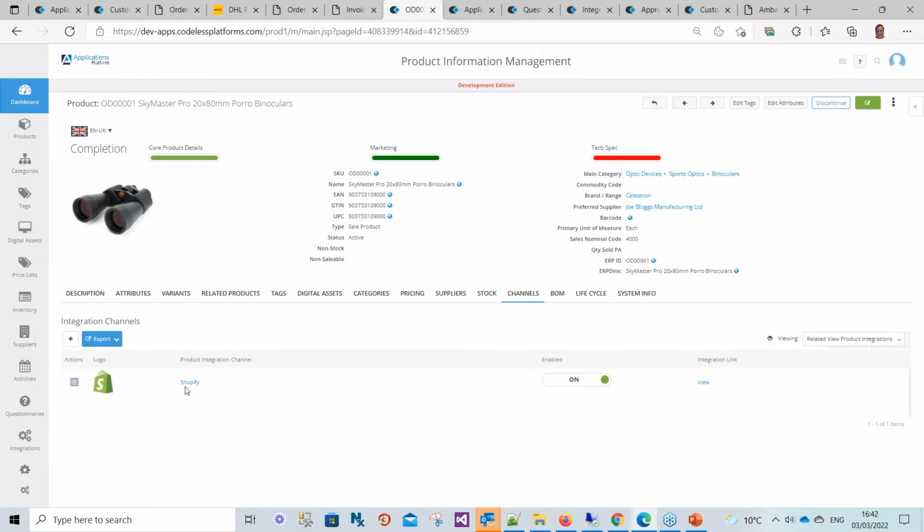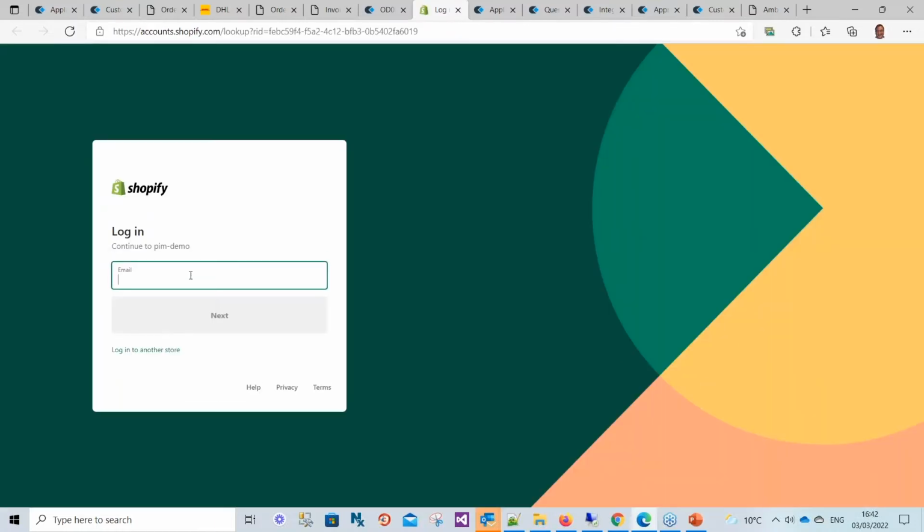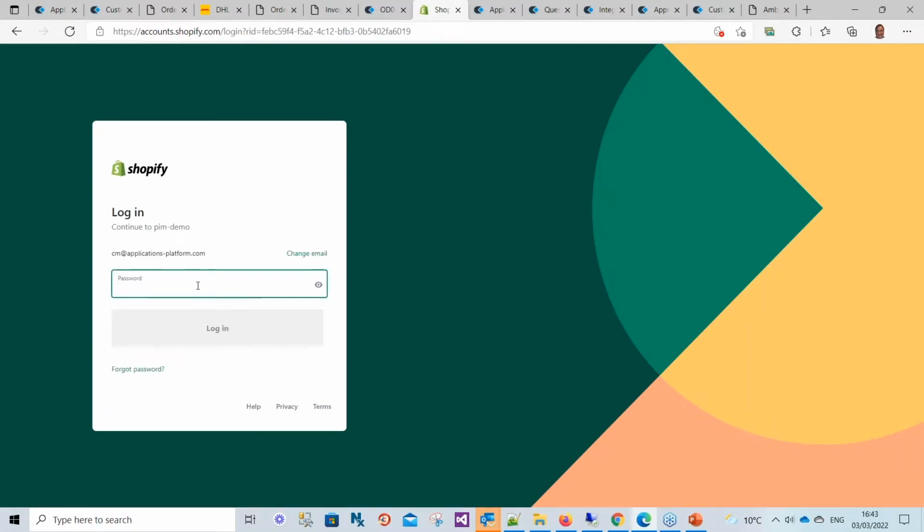Channels to us are things like, where does this go? If I'm managing everything in the PIM, I need a lot more information than I do in an ERP system. An e-commerce platform needs a lot more. So, once I've got all of my information, I need to integrate that. In this instance, this is just a product that I briefly put into our demo area as part of this system. If I made changes or whatever,